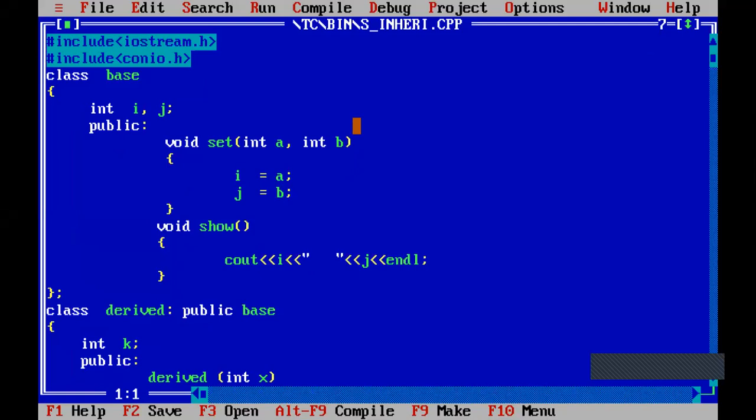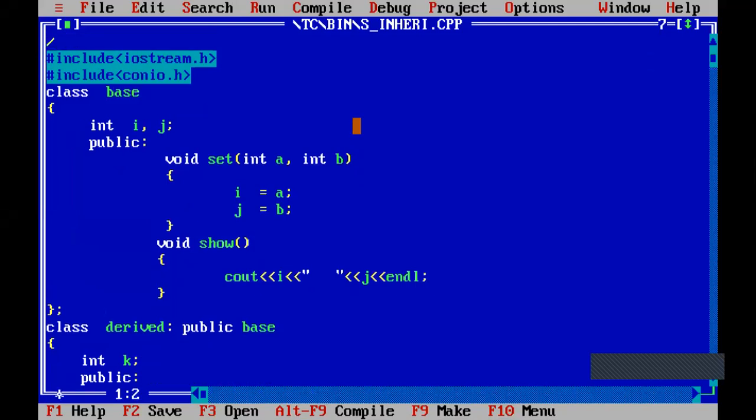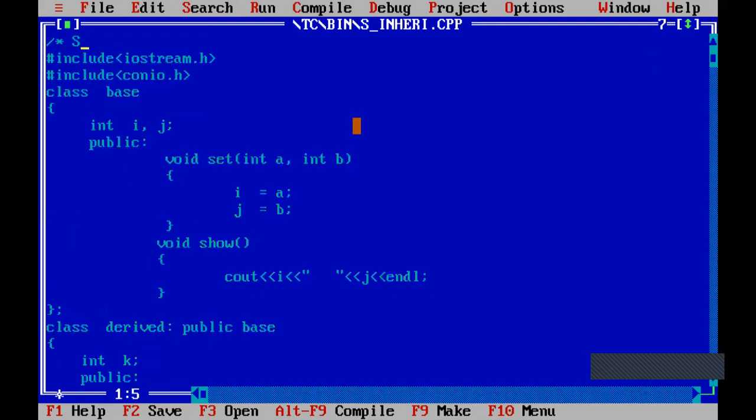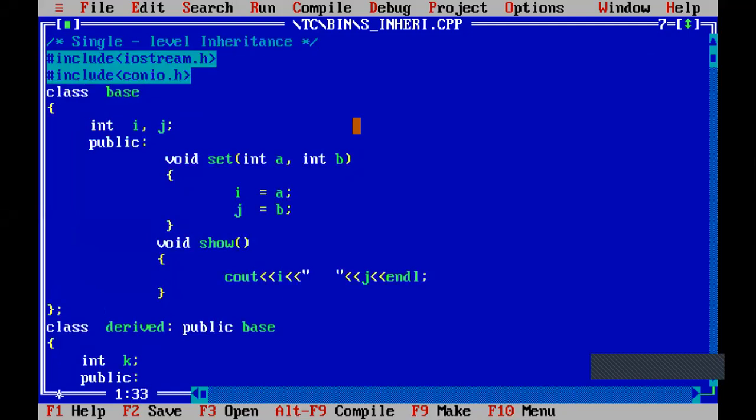So this program is about single level inheritance. Okay, so I can say single level inheritance. How can we identify whether a particular program belongs to single level inheritance, or multi-level, multiple,